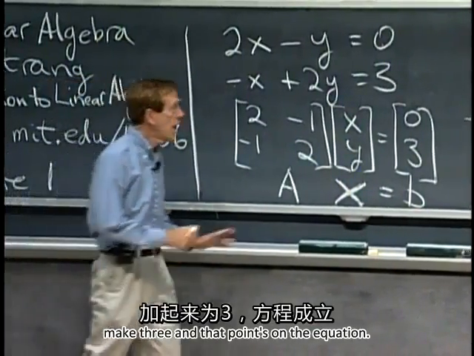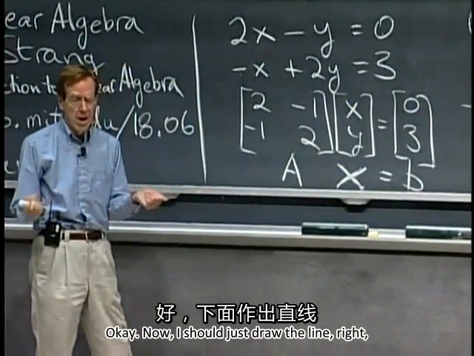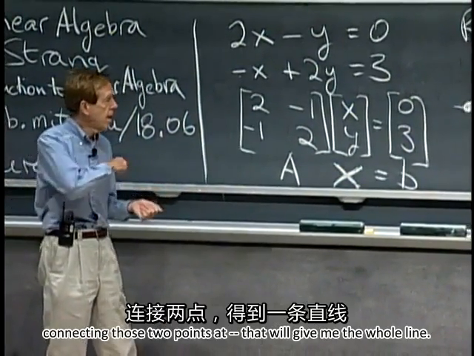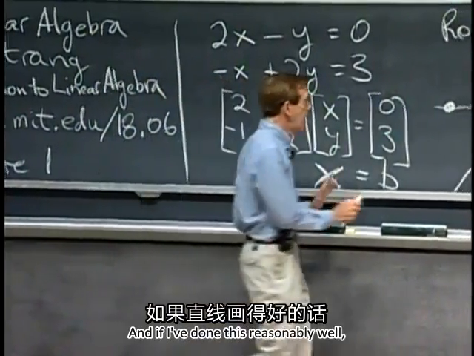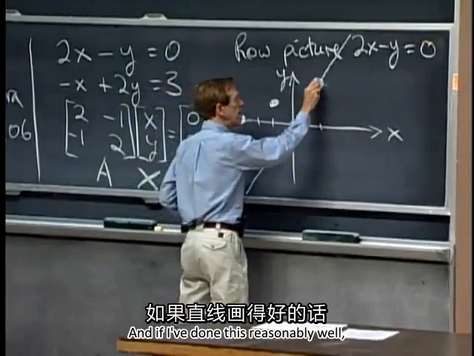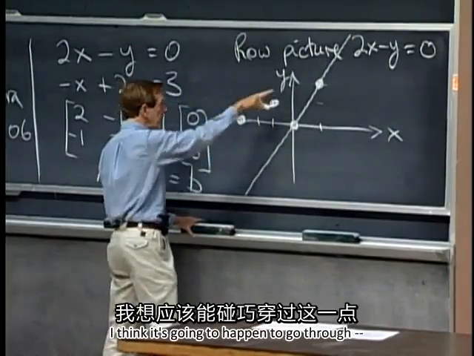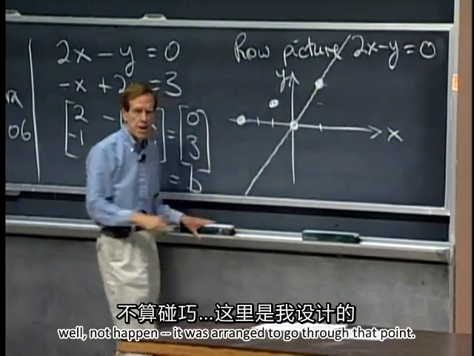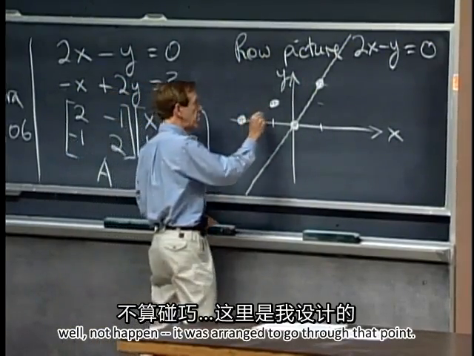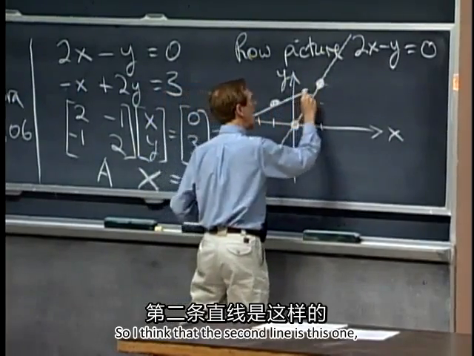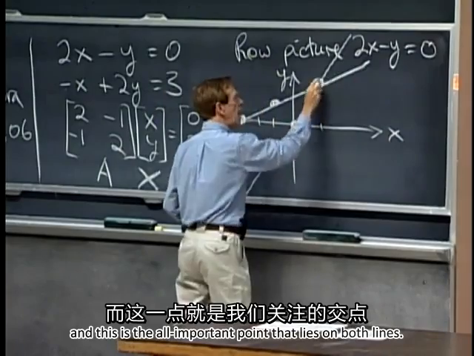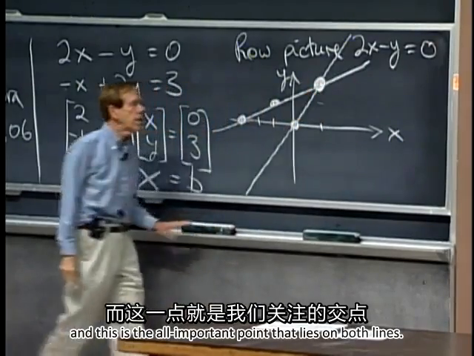the equation. Okay, now I should just draw the line, right? Connecting those 2 points, that will give me the whole line. And if I've done this reasonably well, I think it's going to happen to go through, well, not happen, it was arranged to go through that point. So I think that the second line is this one, and this is the all-important point that lies